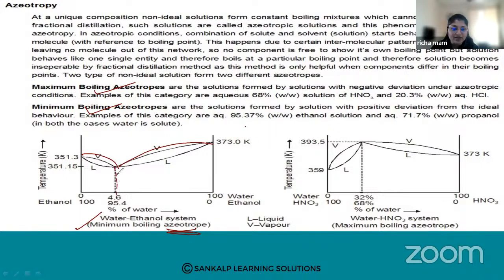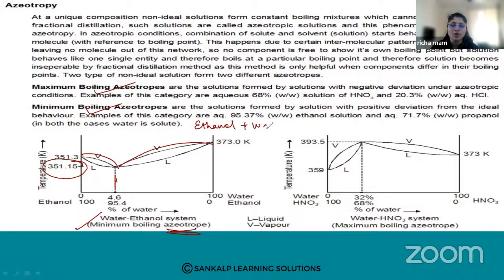So at a specific temperature, this is the temperature, what is happening? These azeotropic mixtures are formed. So this is a minimum boiling azeotrope. How are minimum boiling azeotropes formed? They are formed by solutions with positive deviation from Raoult's law. What are the examples? Examples are very important. Ethanol plus water,